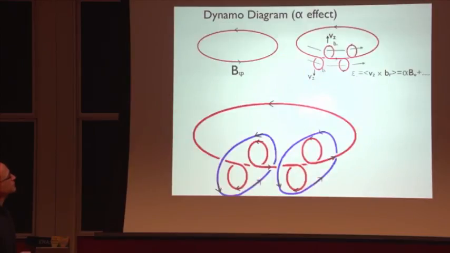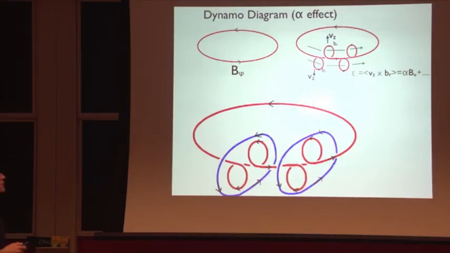Now, the problem, so this is a more detailed look at the alpha effect, which is the process of getting this poloidal field from the toroidal field. So there's a toroidal field. You have these helical twists one way or another that produce an electromotive force, and the result is an electromotive force that is aligned with the original magnetic field. And when you have dB/dt is curl of E, that gives you exponential growth when you get these kind of loops. And then the net result of these loops is a mean poloidal field, which you then